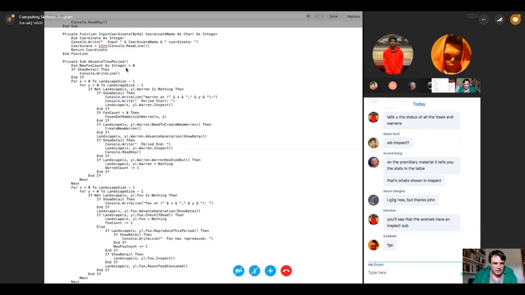Dim new fox count as integer equals 0. So that defines it as 0. We'll see what that does in a sec. If show detail, then it writes a line just for formatting. So what it does now is for x equals 0 to landscape size minus 1, for y equals 0 to landscape size minus 1. So basically, for every location within the landscape array,